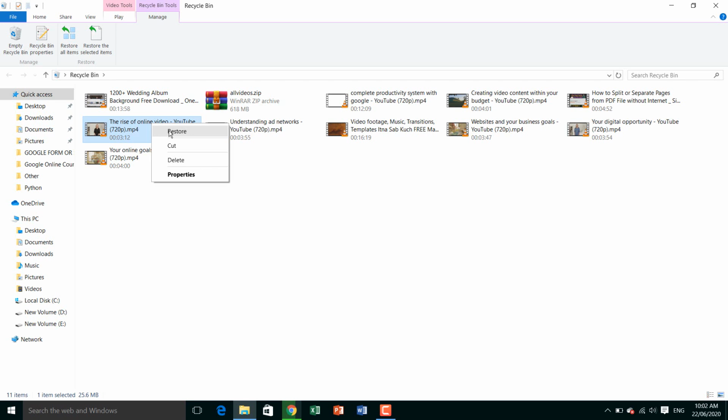But remember one thing: if you delete all files from here in the recycle bin, you can't access those deleted files again. They will be permanently deleted from the recycle bin. So be careful when deleting from the recycle bin. If you delete from your file or folder, it is moved from there to the recycle bin. But if you delete from here, you will not get it back. So be careful about deleting from the recycle bin. You can restore from here and use it again, but don't delete from here.